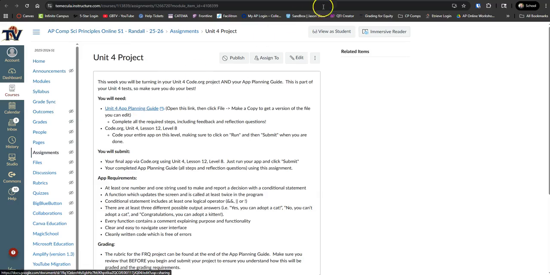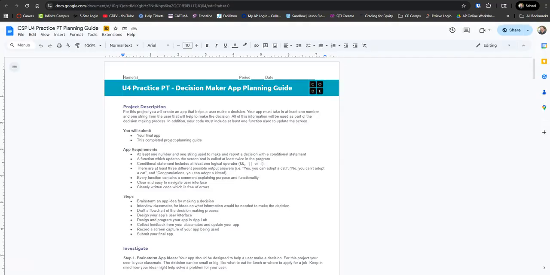There is a planning guide, right? So I would say most people lost points. Well, if you lost points on the Unit 3 assessment, most people lost points because they did not complete the planning guide in full. So make sure you are reading through this and doing every single step